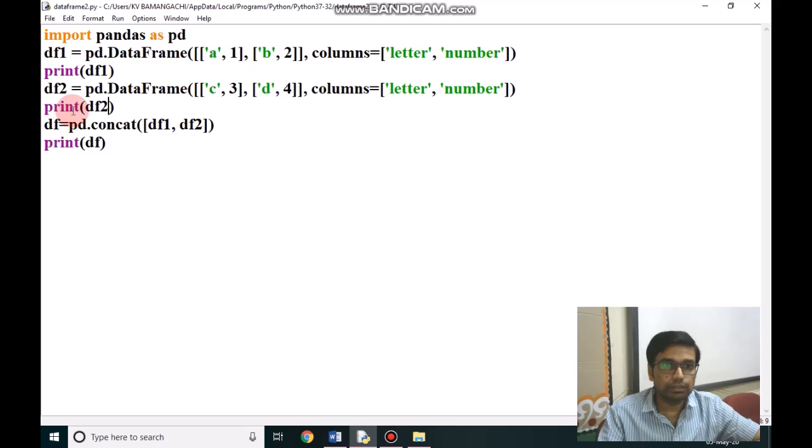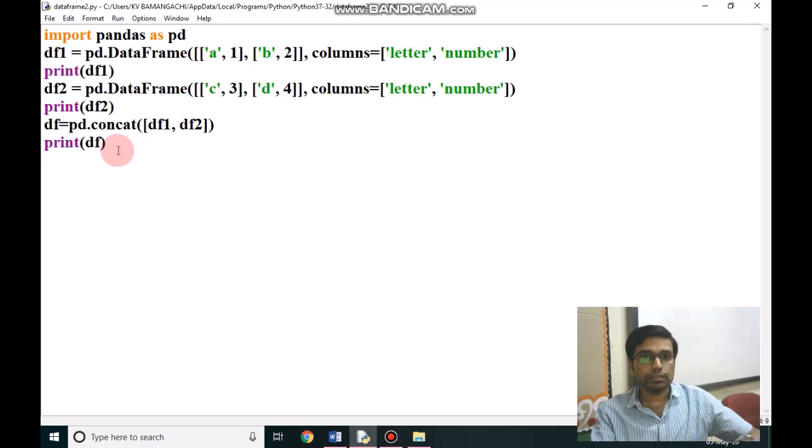After printing both data frames, we are concatenating with the help of the concat function, and the syntax is within bracket concatenation function. For the concat function, we have to write in a square bracket both the data frames separated by comma, then we will print the final data frame.